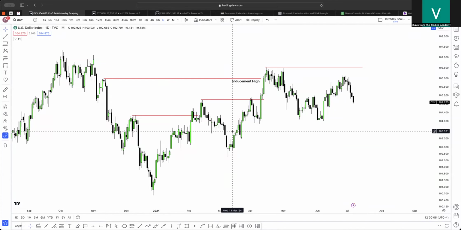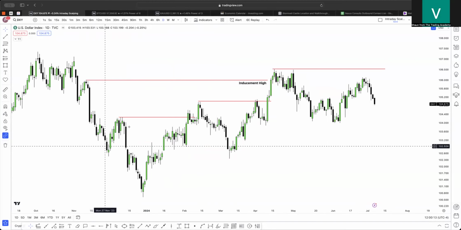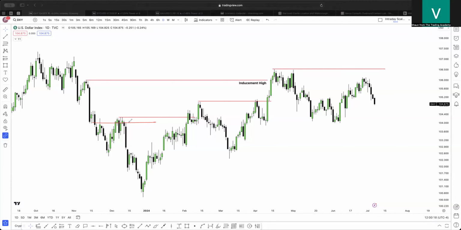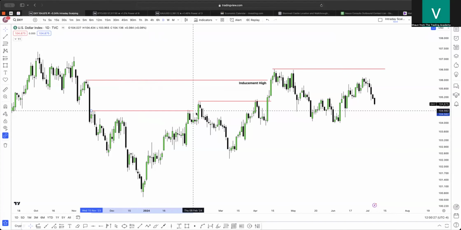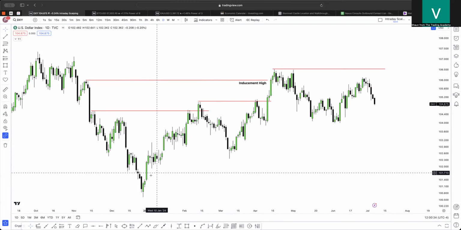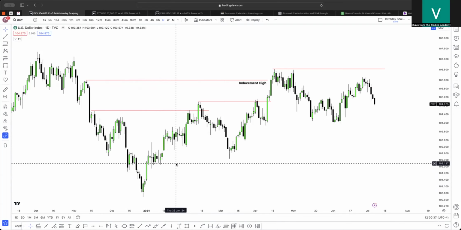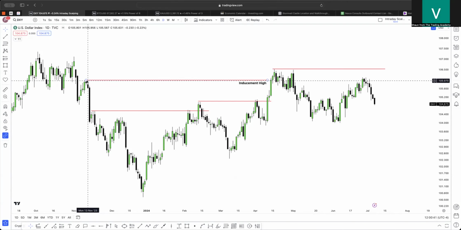So what does that mean for all of this? Now you can see here, this entire thing right here. Can you see how we have sort of a double top formation, with this being your buy side liquidity pool right here? Then we take it out and we sell off. Why are we not going all the way down here? Well, of course, fundamentals. But technically, why are we not going down here? Because we have this inducement high.